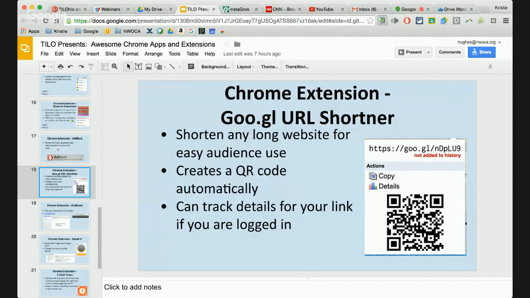There are lots of different people using QR codes in the classroom. If you are creating videos and putting them out on your Google site, or maybe on YouTube, if you have a YouTube channel, there are lots of different ways to post videos. If you want to have easy access to your stuff, you can create that QR code and paste it anywhere you want to, and people can go ahead and see that.